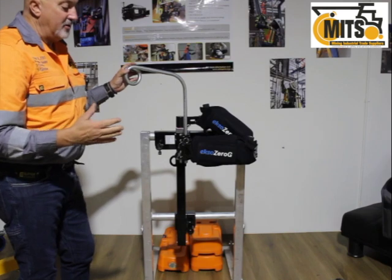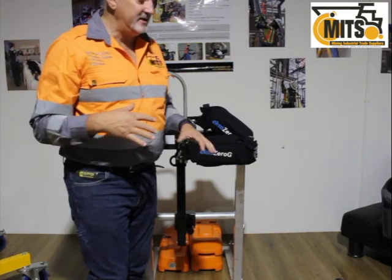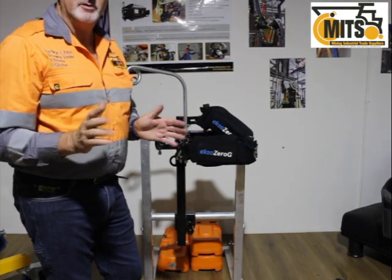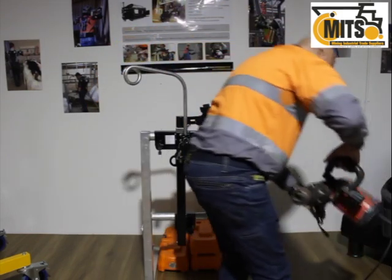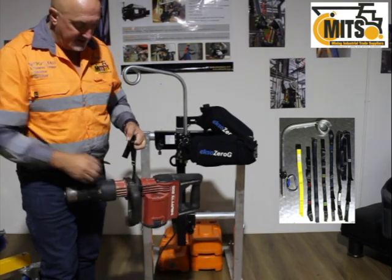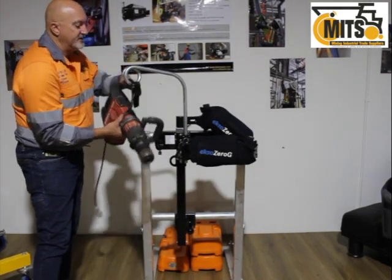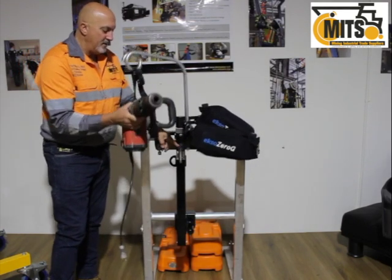Now I've got an old TE805 Hilti jackhammer here, so I'm just going to fit that up. Then I'll show you the final adjustment. So I've just fitted the short lanyard. There's a lanyard kit that comes with the whole device. So what we do is that just runs over. So now what we have is that